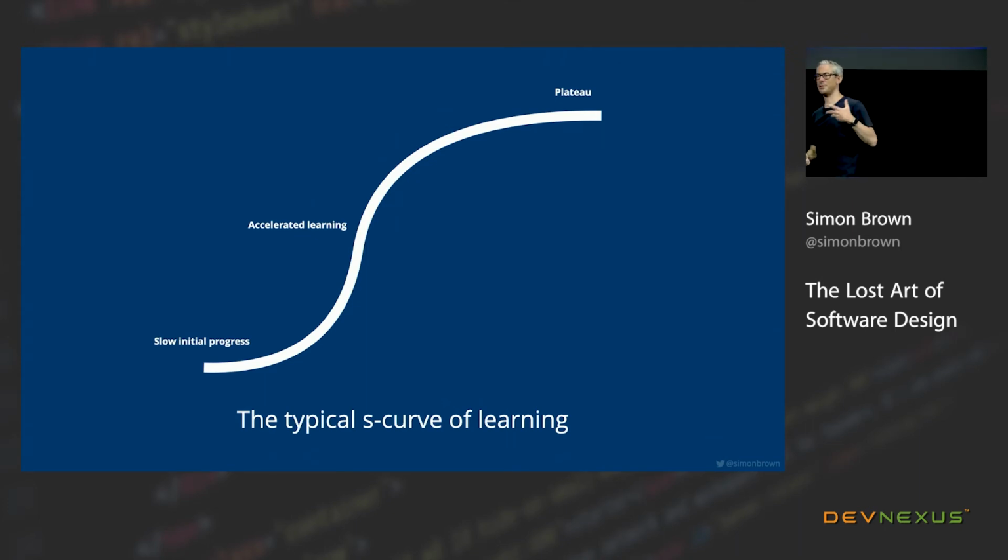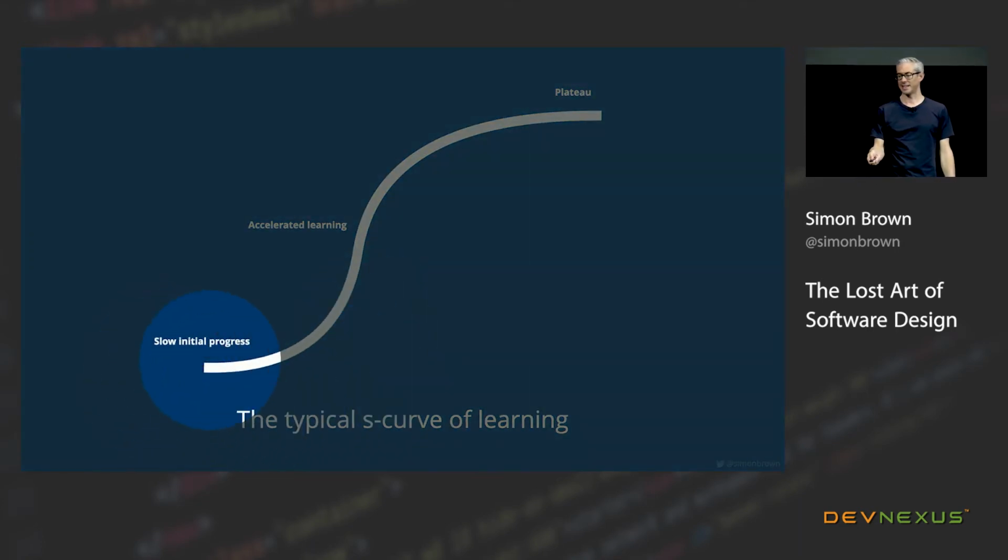When I see people doing upfront design, especially in the more agile environments, they get stuck right down here. They're doing a very small amount of design and basically not learning that much. And they're like, oh, we'll do emergent design and evolutionary architecture, and we'll learn as we go along. That's fine, but if you spend a little bit more time, you can get into this accelerated learning phase actually quite quickly. And when I talk about doing some design up front, I want people to stop kind of around